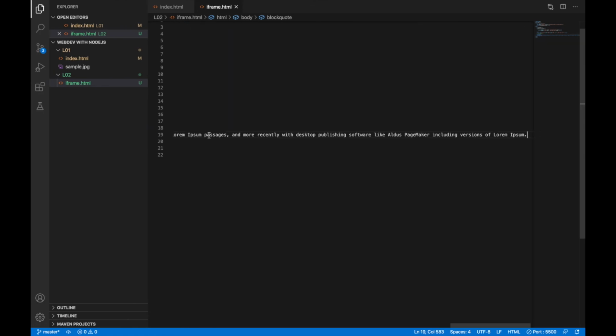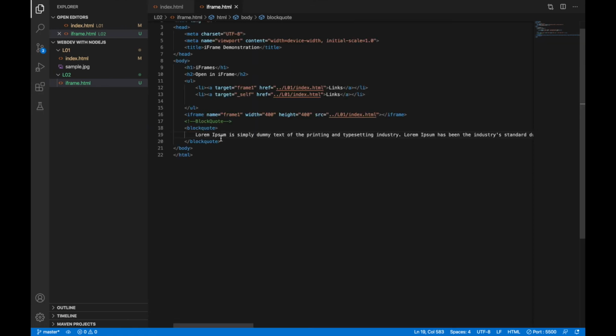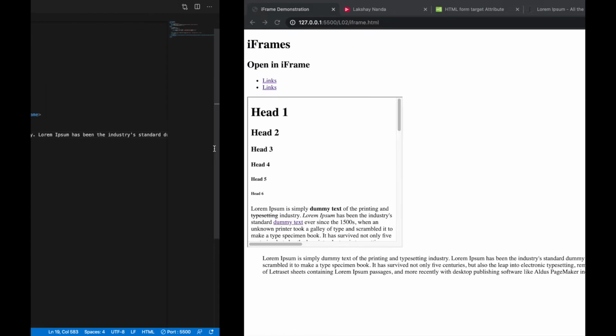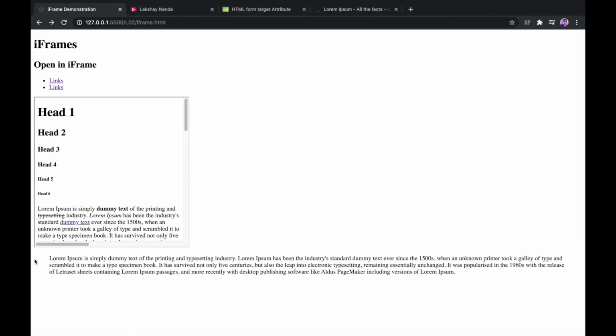I just place it inside this blockquote. Now what would happen is that it would provide us padding from the left hand side, denoting that this was the text that was taken from somewhere else. And let me show it to you. So yeah, you can see that there is some padding and other text is starting from the left hand side, but there is some padding provided here.